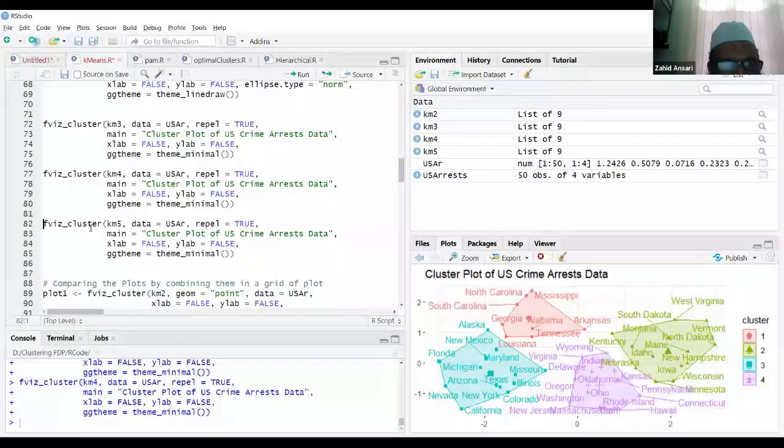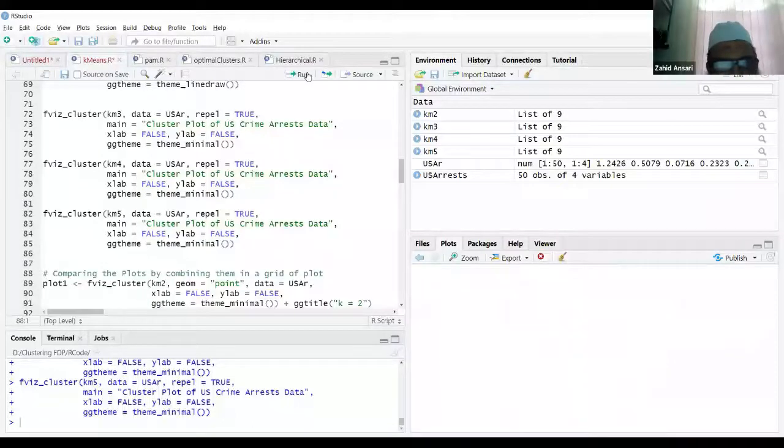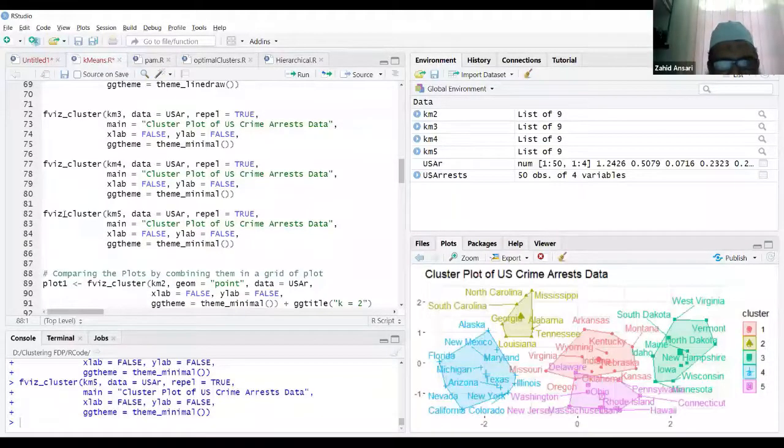Similarly, KM5 for 5 clusters. Right, so these are the 5 clusters.